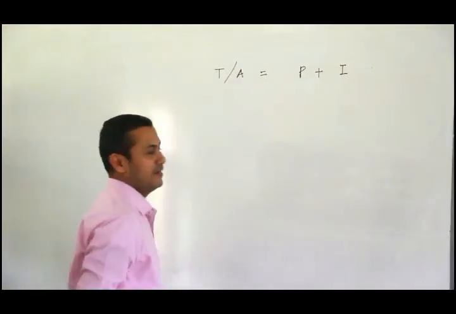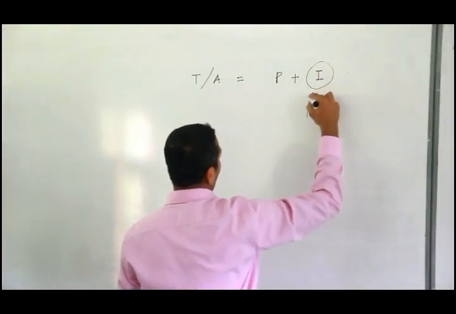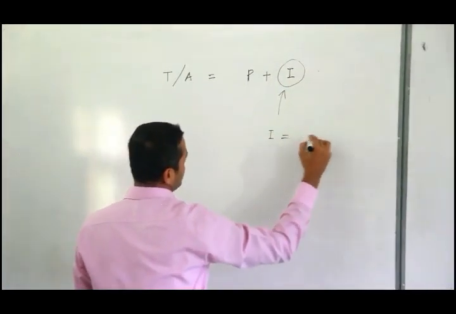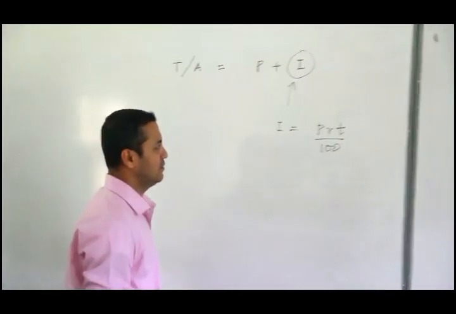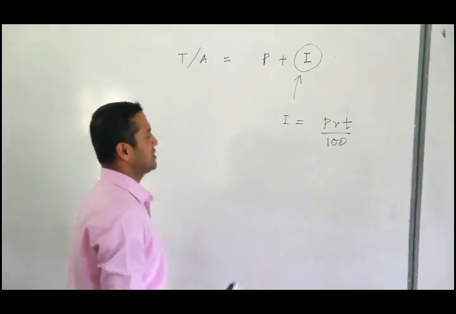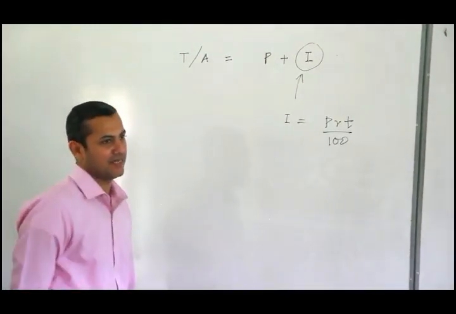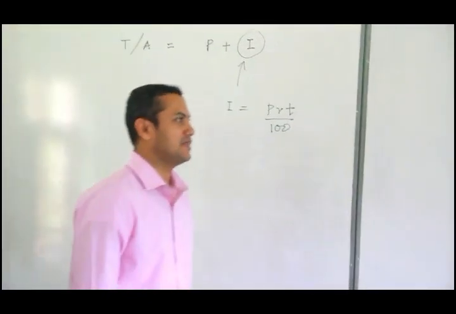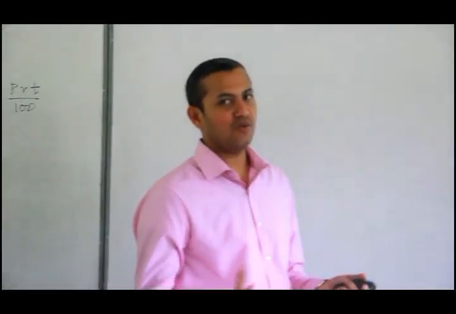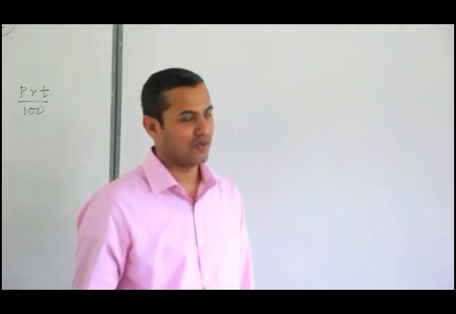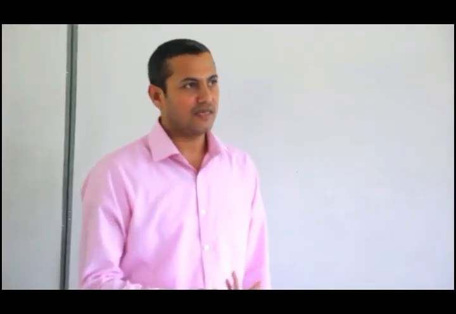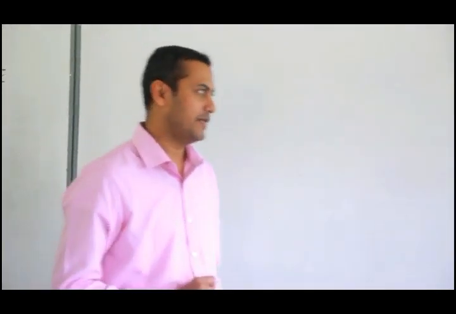Remember? And the interest is calculated using this formula, PRT over 100 or PTR over 100, whatever it is. You know how to calculate. This is under simple interest. But there is a simple method of calculating the total amount under compound interest. If you go through the past papers, you will understand always the questions are to calculate the total amount. There are so many methods, but I am going to teach you only the simplest one, right?